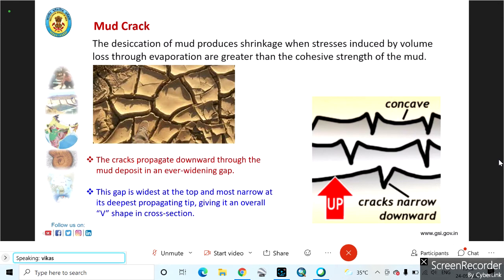If suppose it has been lithified, or say after the formation the crack has developed, and after that some sediments come in, obviously those are younger sediments. So this V shape in the cross-sectional view is very important. The upper part of the V will indicate the younging up direction. Next, please.